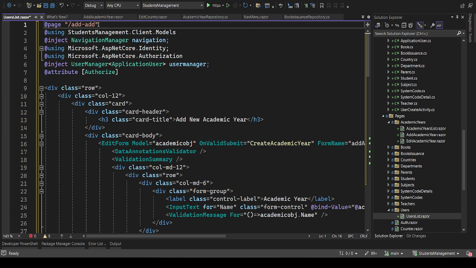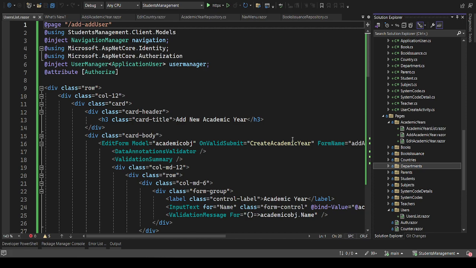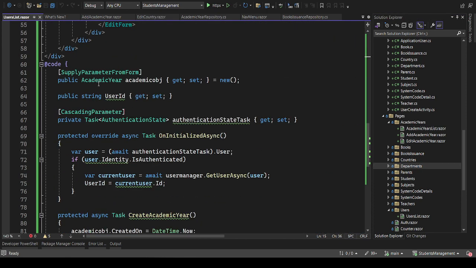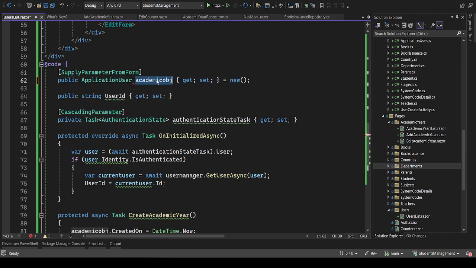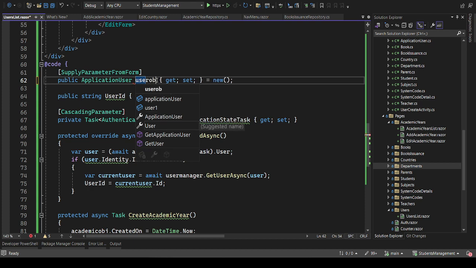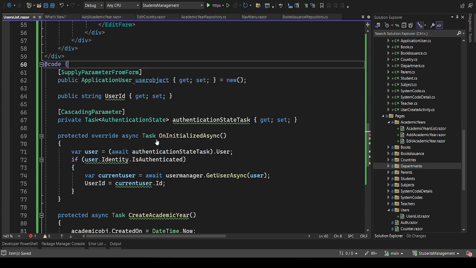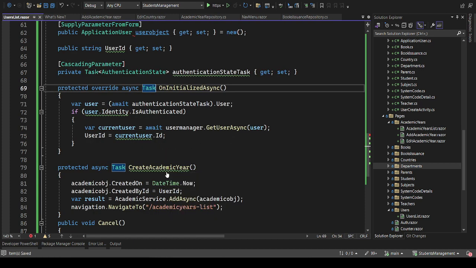So we'll be able to add a user as well from our application. So once we have that, then we need to change our model. So this is application user. So we'll be using application user, then we'll say user object. Then to add a user,